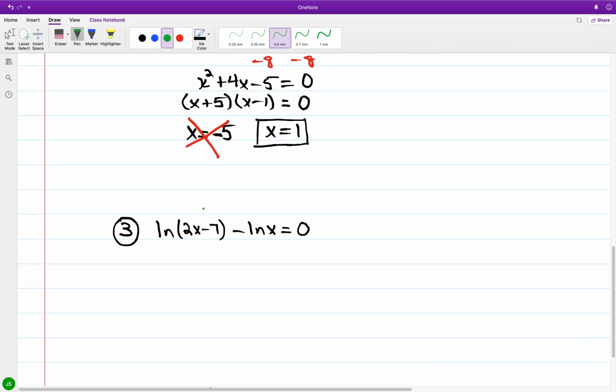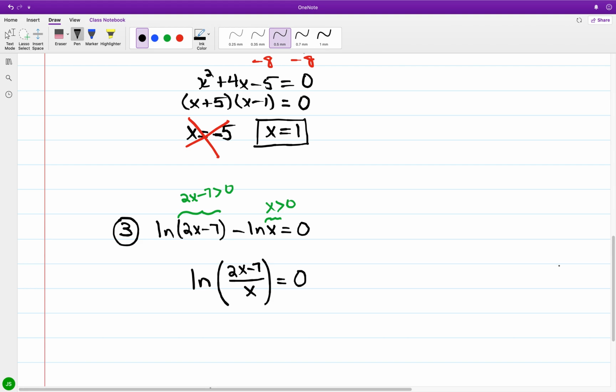And for what we have in the attachments, again, we want 2x minus 7 to be positive, and for x to be positive. And now, for the difference of logarithmic terms, if I make it into a single expression, subtraction is going to imply division. And so we will have the natural logarithm of (2x minus 7) over x